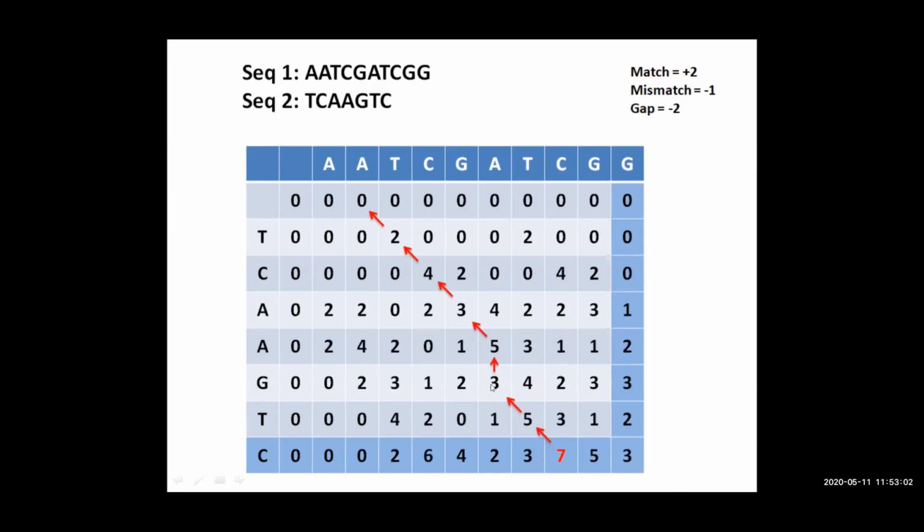But in this case, this 3 is obtained from this cell because 5 minus 2 is equal to 3. But if we consider this one, this is a mismatch, A to Z mismatch, and therefore the mismatch score is minus 1. 1 minus 1 will be 0. Similarly here, 2 minus 2 will be 0. So the highest score is 3. So 3 is obtained from 5, this cell. So we have put a vertical arrow pointing towards the upper cell.